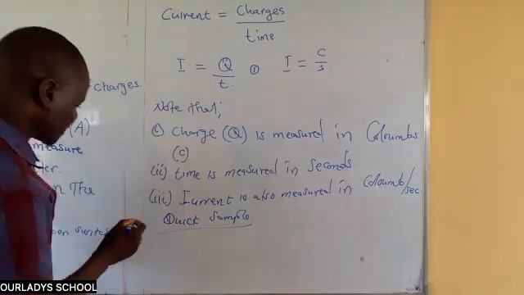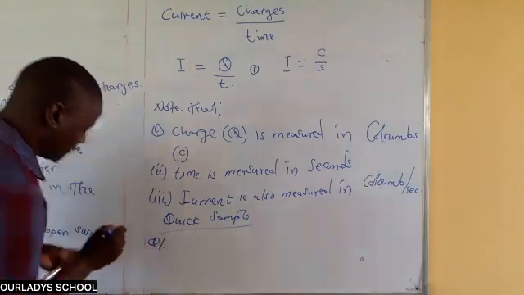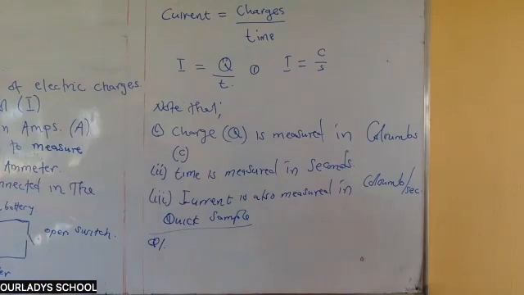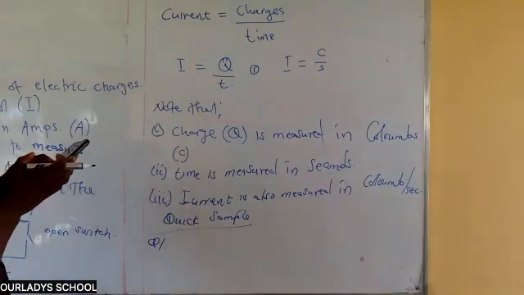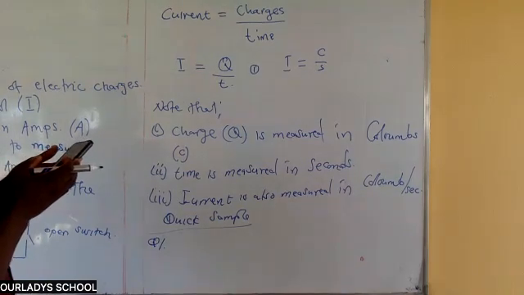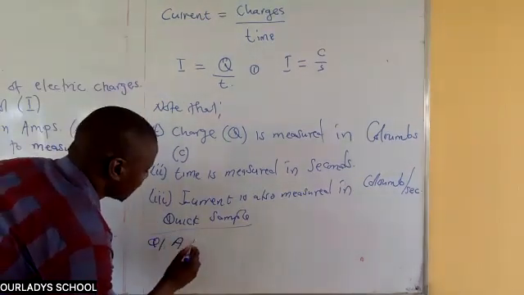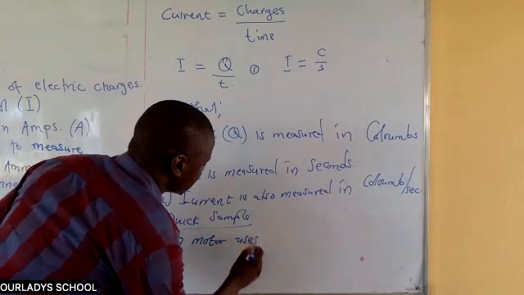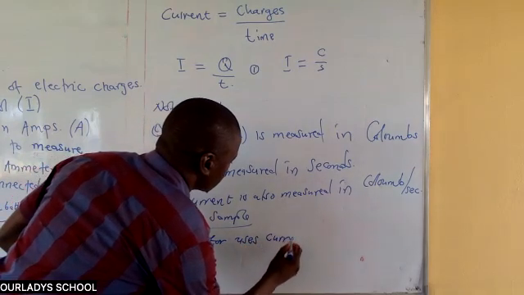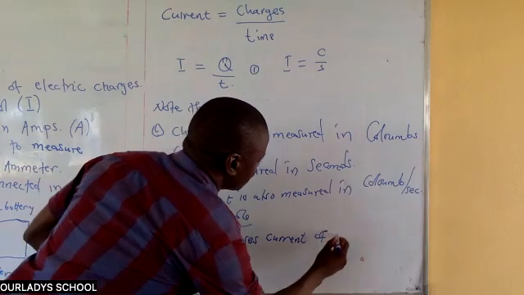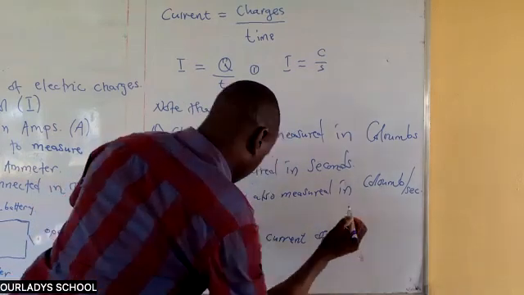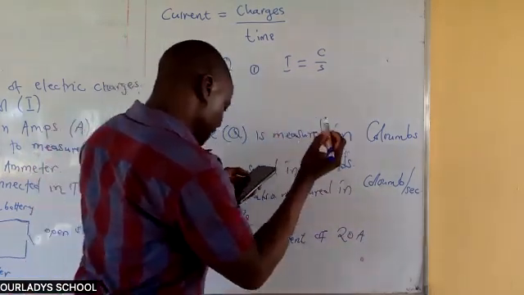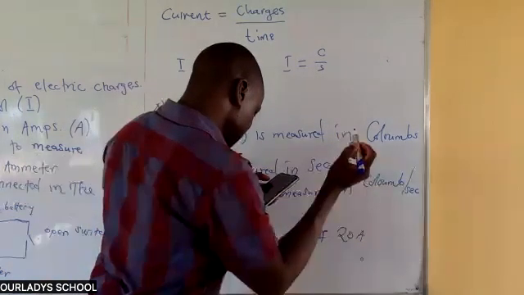So we are saying that question 1 reads as follows. A motor uses a current of 20 amps